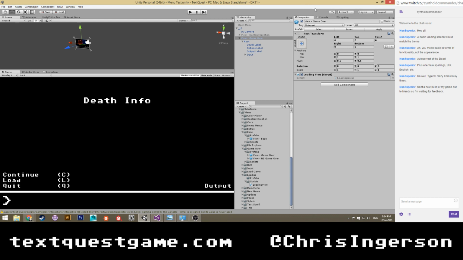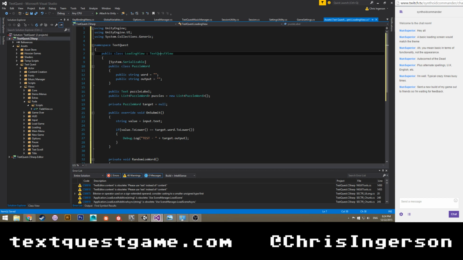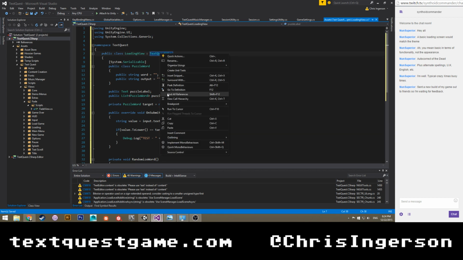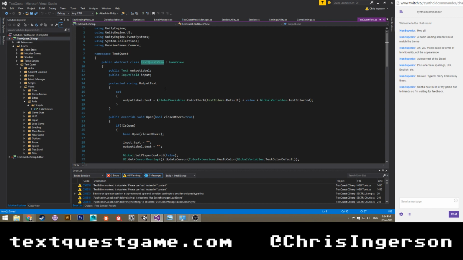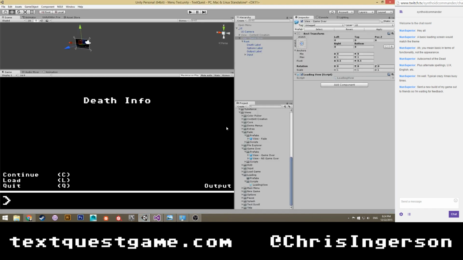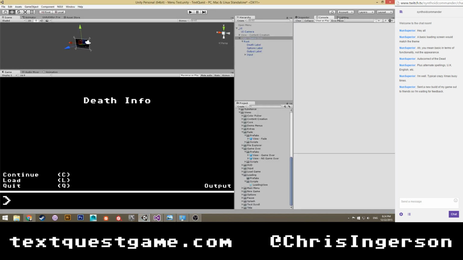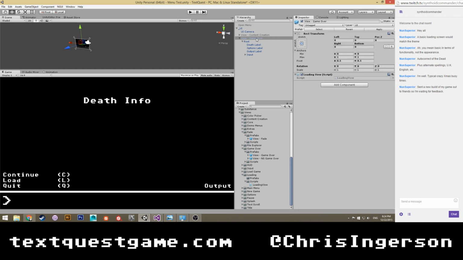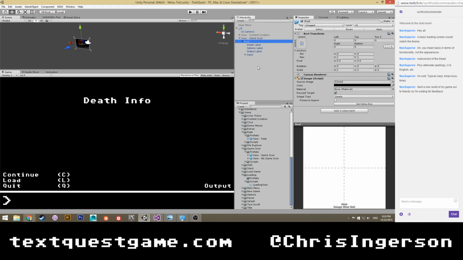Really? Is there an error? No. Why does loading view not have any fields? Huh. That is odd. Hold on. Go to definition. Yeah, that's weird. I don't have any errors, but it's not loading. Huh. Okay.